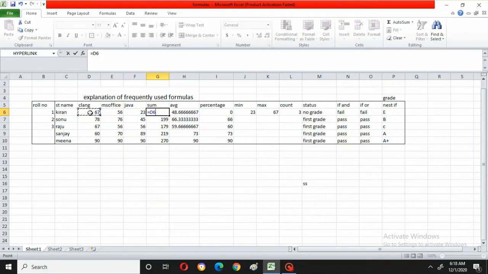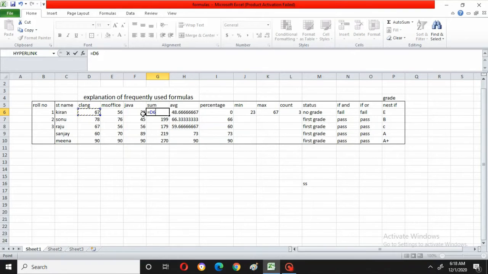When I clicked on the 67 mark, it is giving D6. D means this column, and 6 means row. So cell identifier is nothing but a combination of column and a row. That's why it is giving D, D column 6th row. So D column 6th row, you will call it as D6.